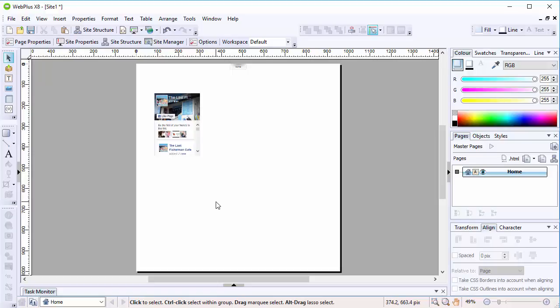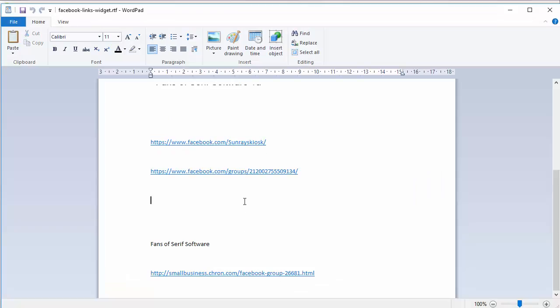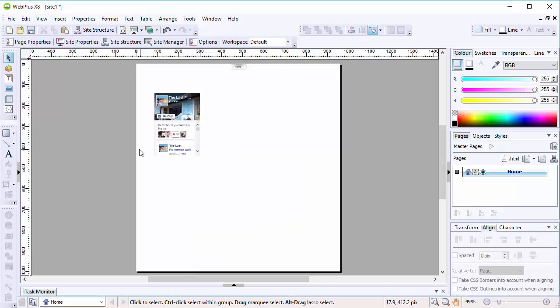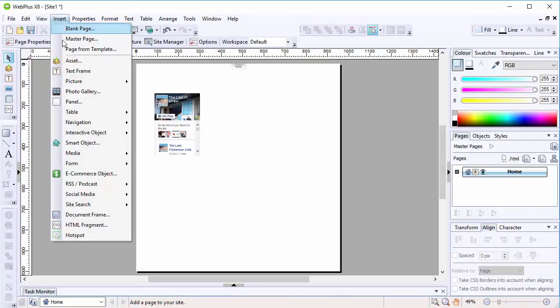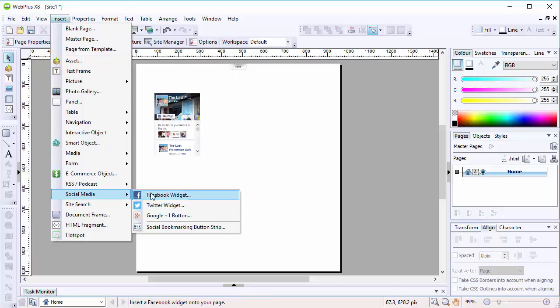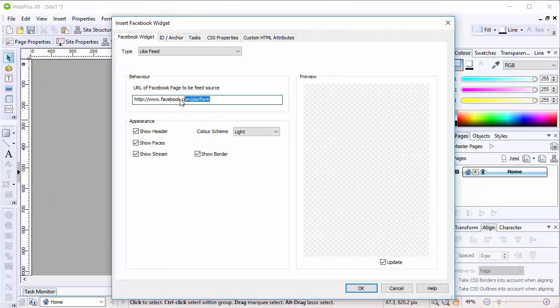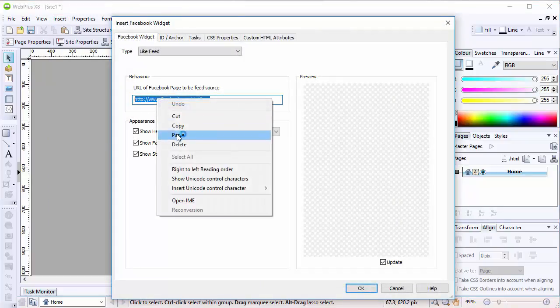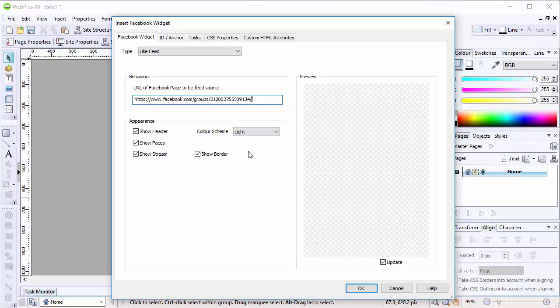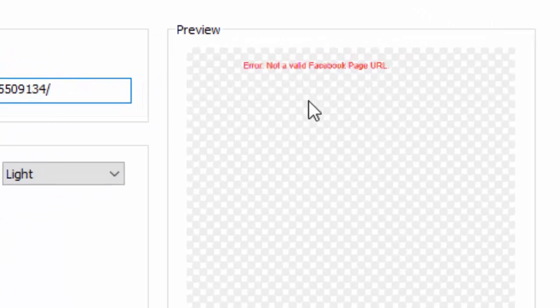that they said it works with what used to be called fan pages. So if I just get the address of the Fans of Serif Software Facebook page, and I use the insert social media Facebook widget again, and paste in that address for the Fans of Serif Software page, when it comes to updating, I don't know if